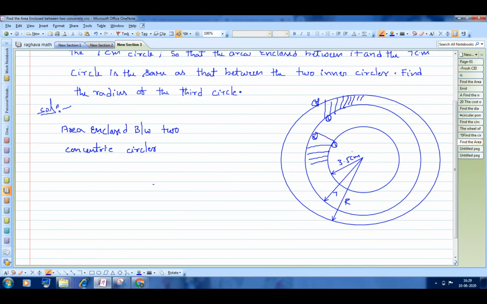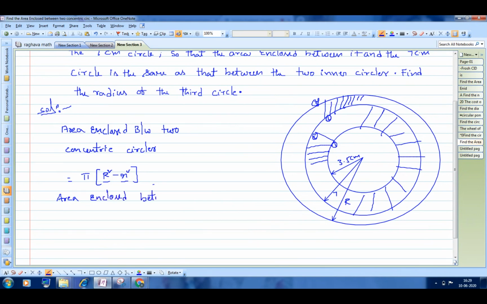So the inner circle is small and the outer circle is bigger. It's like an area of a circular path, the shaded region. Out of this big circle, I don't want the smaller circle. So I can write pi capital R square minus small r square as the general formula, where capital R is the outer circle radius and small r is the inner circle radius. So using this, find the area enclosed